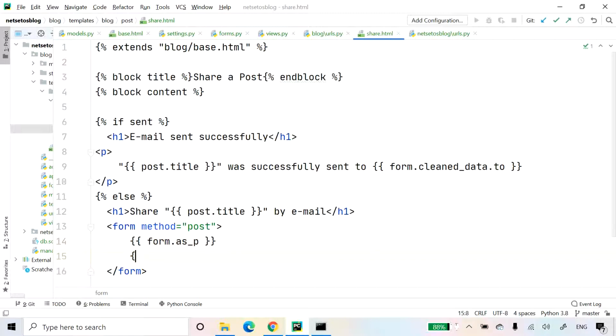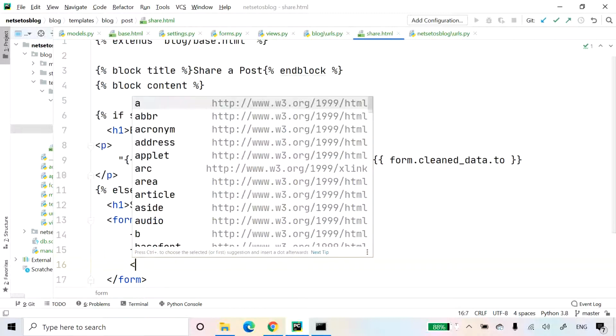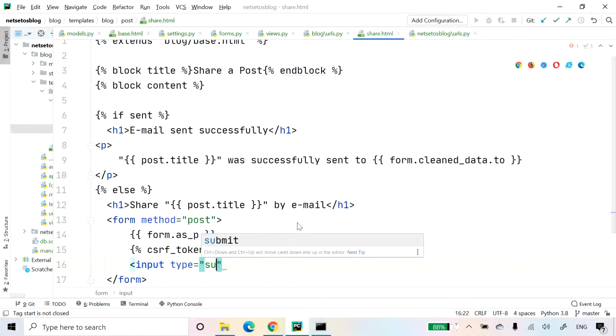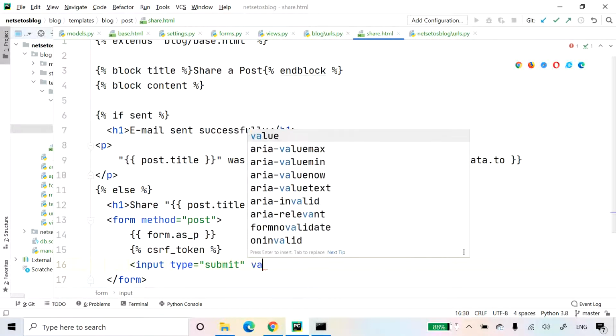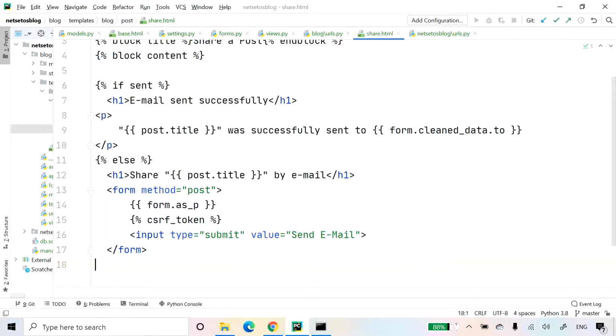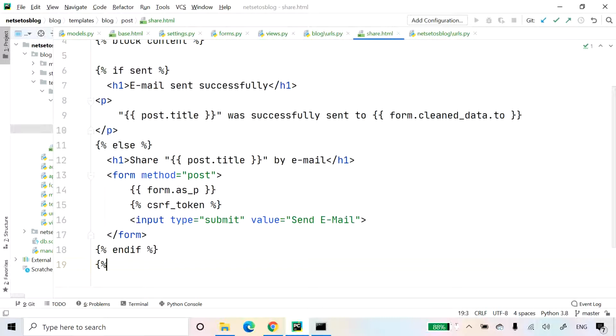Here we will have CSRF token, and then we will introduce input type where we will have submit button, and its value will be send email. Cool enough? Then we need to end if condition, and then we will end block.